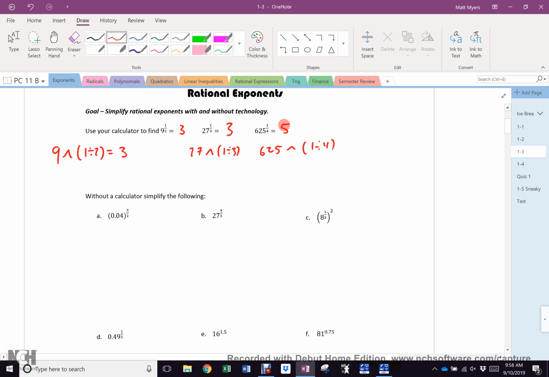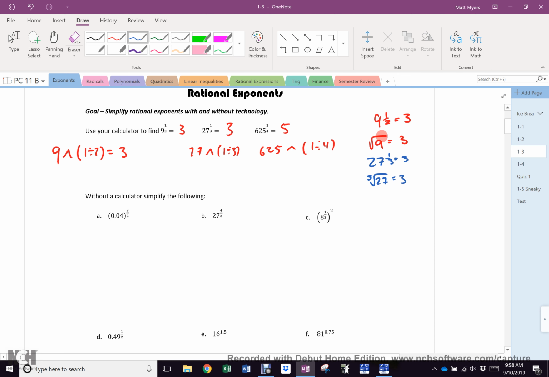And of course, you already know that 9 to the 1/2 equals 3, and the square root of 9 equals 3. And you know that 27 to the 1/3 equals 3, and you know that the cubed root of 27 equals 3. And I'm out of room, so I'm not even going to do that with this one. Of course, you also know that this